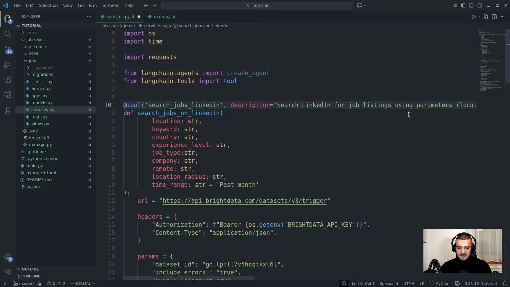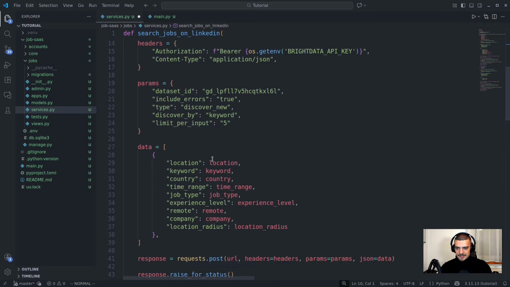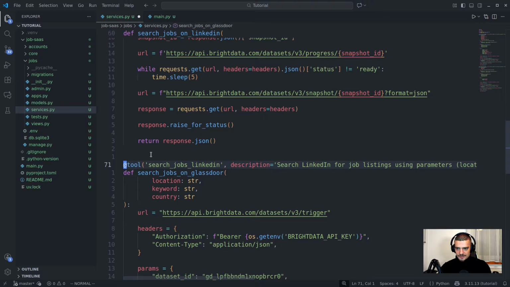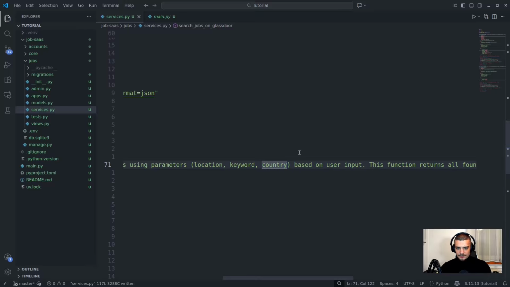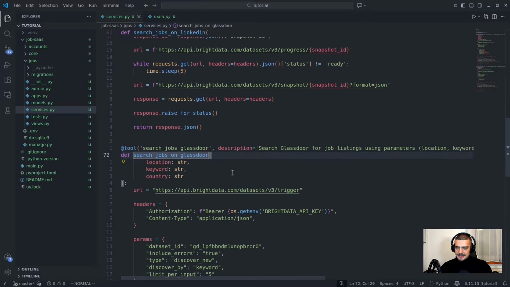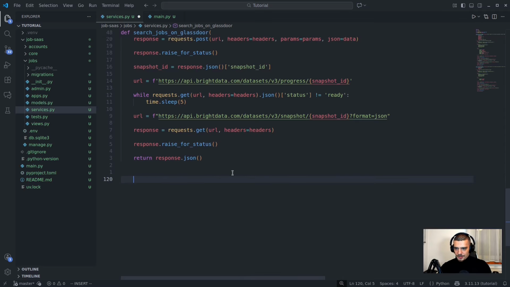So I can copy this annotation here. I can go down to the next function and I can just paste it here. I can change LinkedIn to Glassdoor, then also here in the string, Glassdoor. And I should also remove most of these parameters. So basically all of these here based on user input, but the rest stays the same. So that's essentially it. Now we can go to the bottom and create a final function for this synchronous approach here,